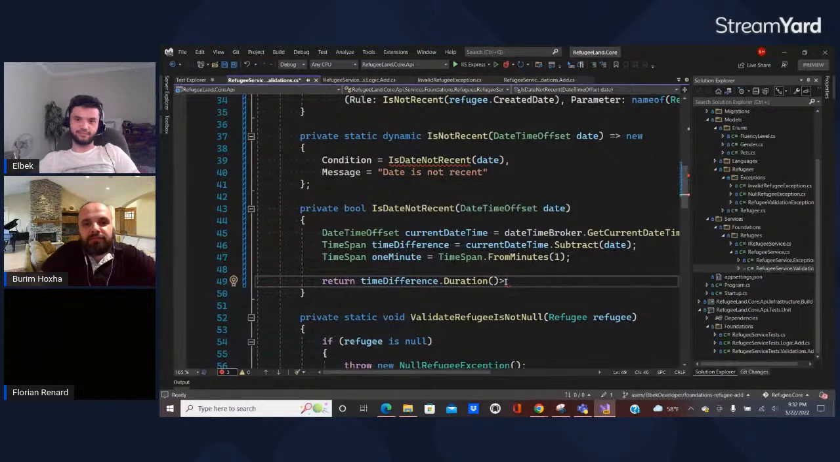So the method is called isDateNotRecent. We want to return a boolean value. We want to return yes or no, true or false. This is why we are calling it like that with the "is", because we are going to say if it's true or if it's false. And the information that we want to test is a date. That is why in the parameter, after the name of the method, we put